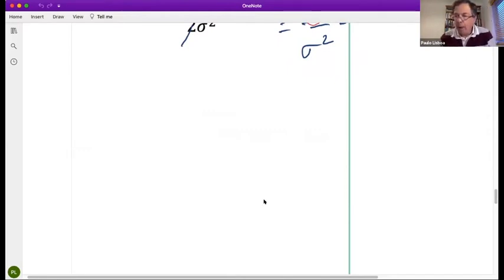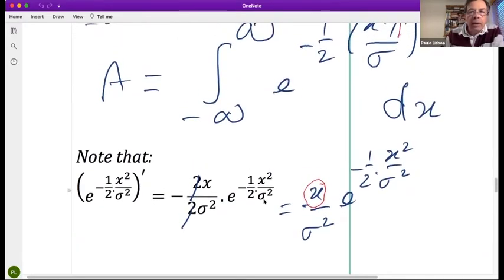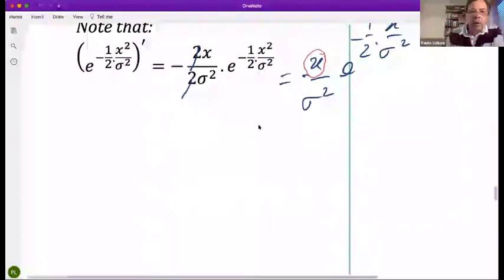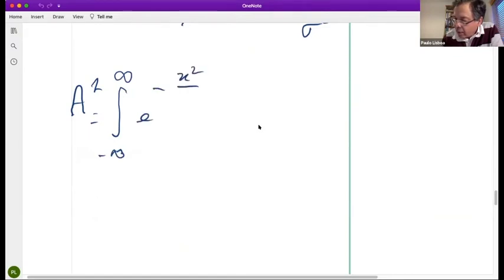How are we going to do it? Well, we're going to do something that on the face of it looks a little bit ridiculous. We're going to square it. So remember that A is that integral. So I'm going to square it. I'm going to say A squared is this integral from minus infinity to infinity of e to the minus, and I'm going to write it like this just for brevity, to begin with. And I'm going to square it, but when I square it,